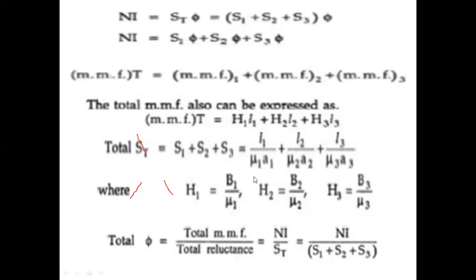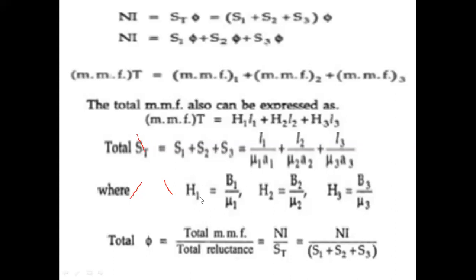So there is no air gap. No air gap means we are not going to consider mu naught here. Only if the air gap is there, then mu naught mu r comes in. Mu naught will be 1 for materials other than air. If air is there, mu naught equals 4 pi into 10 to the power of -7. Here we are using iron parts only, all are iron, steel, aluminum, like that. So only relative permeability we have to use: mu1, mu2, mu3, like that.